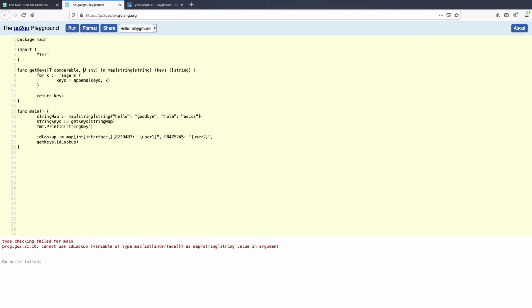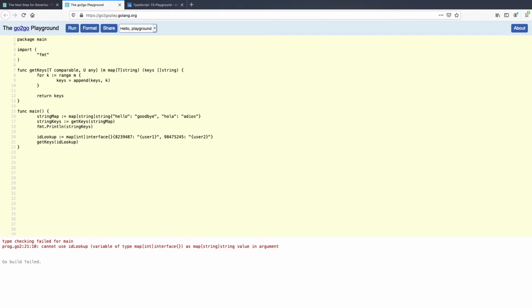To be sure, rather than say pointers to objects or other types, those can't be the key in a map because they can't be added to a hash map. So therefore, the key does need to be this comparable type. But after that, it works exactly the same way.